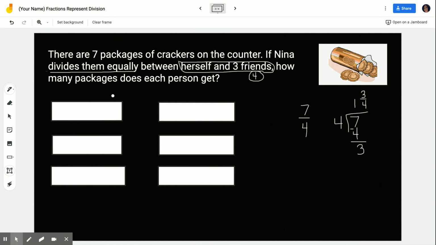How could we check that? Well, we could go to our model, and we know that each pack of crackers would be represented as, if this was a fraction model, person 1 would get 1/4, person 2 would get 1/4, person 3 would get 1/4 of this package, and person 4 would get 1/4. So if we did this to every single model,